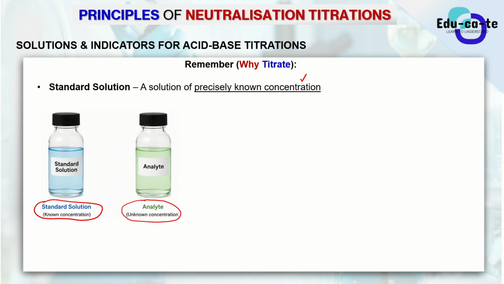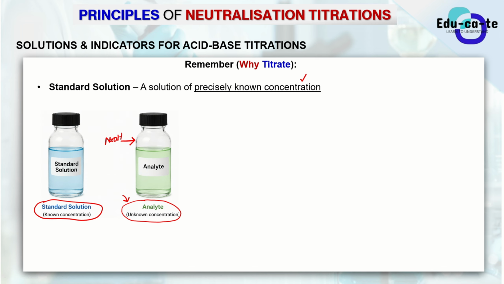But if I've got another sample, let me just say I give you a sample, maybe this is a sample of sodium hydroxide. So I know that the composition of the sample is sodium hydroxide, but I do not know its concentration or its molar concentration. Then I will call that an analyte. So the analyte is the solution whose concentration you don't know, or whose molar concentration you don't know.